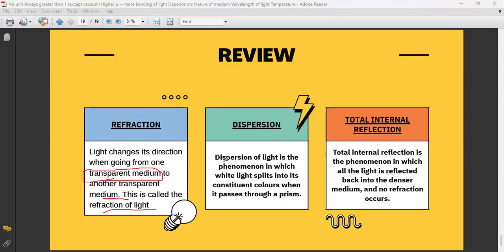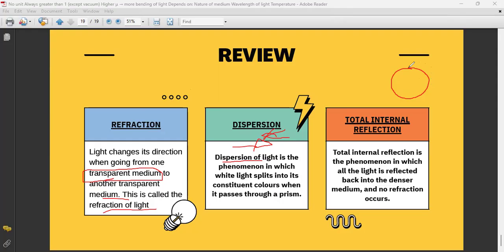Then dispersion, what does it mean? Dispersion is the phenomenon when a single light ray splits into its constituent colors, so when it passes through the prism, dispersion occurs. When the single light ray passes through the prism, it changes into what? Seven colors, VIBGYOR. So that phenomenon is called dispersion of light. And total internal reflection is when the light rays don't come out of the medium,